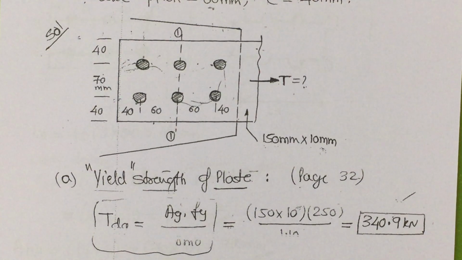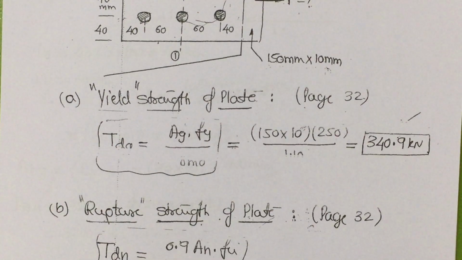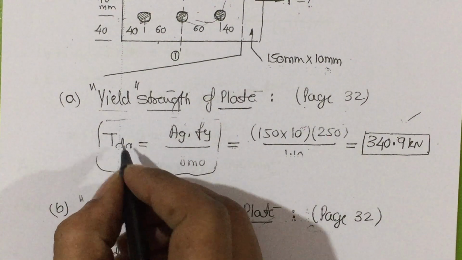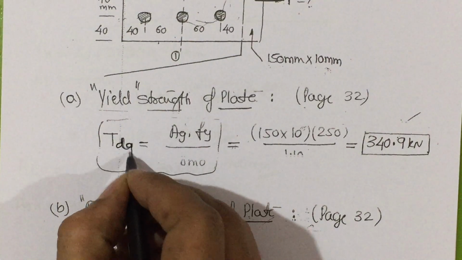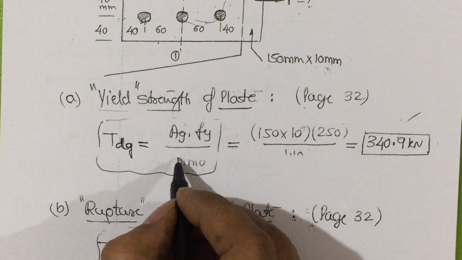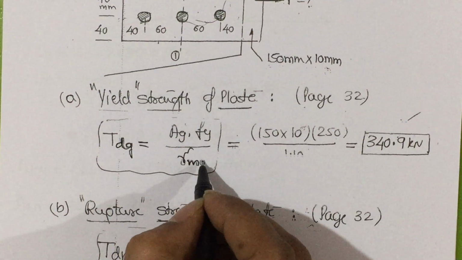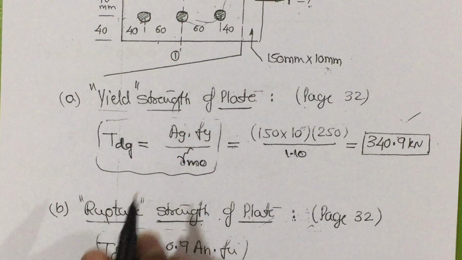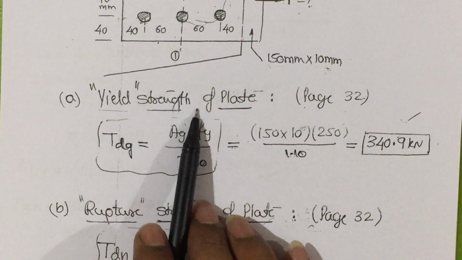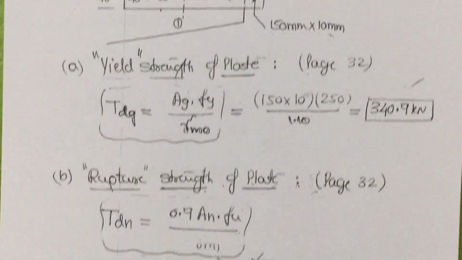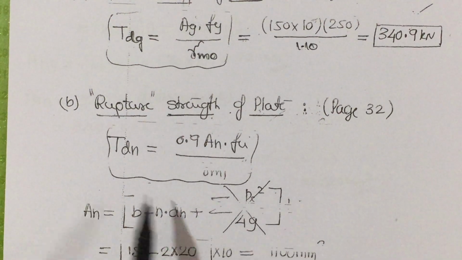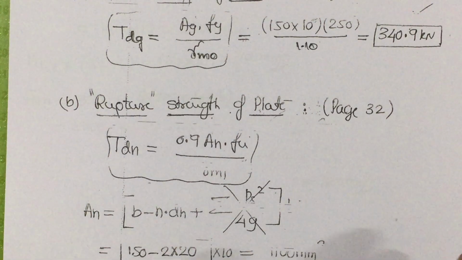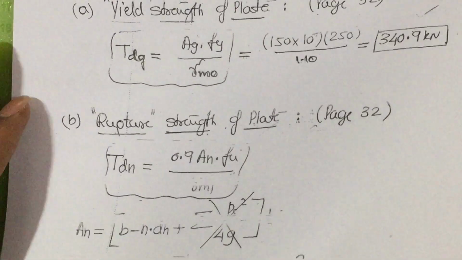Then first we are going to calculate TDG. First calculate TDG, the yield strength of the plate, then calculate the rupture strength, that is TDN, with the same procedure. Then